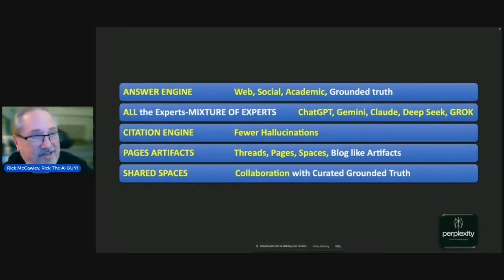Then you've got the citation engine. So if you're in ChatGPT, always ask for it to cite and give you a footnote. This does it all the time. Every single thing it says is footnoted, where it got it from. You can click on that and go watch the YouTube video. Super, super useful. So on the left, you've got all large language models that ever existed.